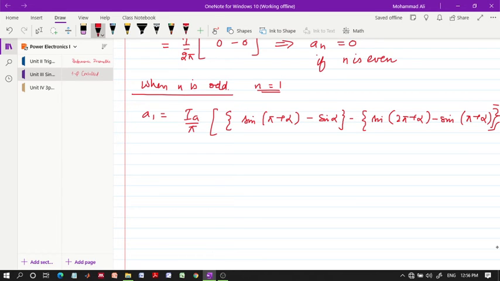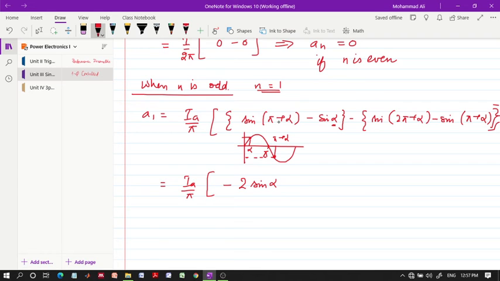So if you see over here, the value of sine of alpha will come out to be here. For example, if this is angle alpha, and if we are having sine pi plus alpha, this is pi and this will be pi plus alpha, it will be negative of this value, right? So we can say this, or you can apply the trigonometric relationship also. So this will become minus of sine alpha. Okay, 2Ia upon pi, minus of 2 sine of alpha.